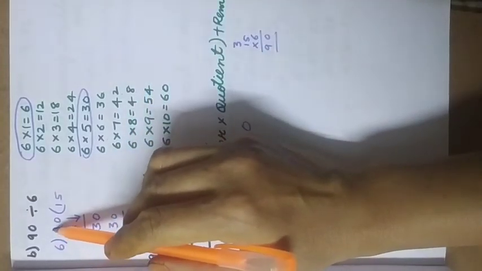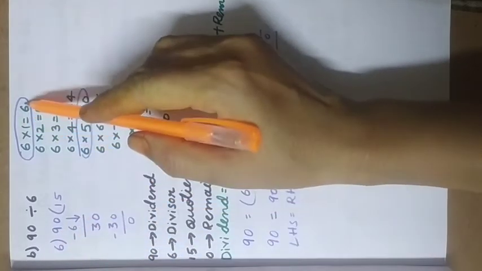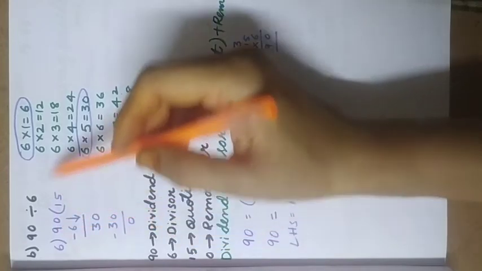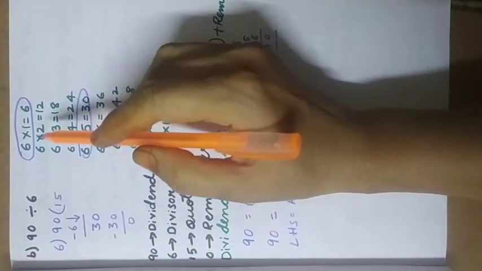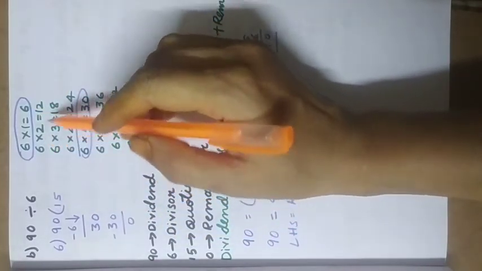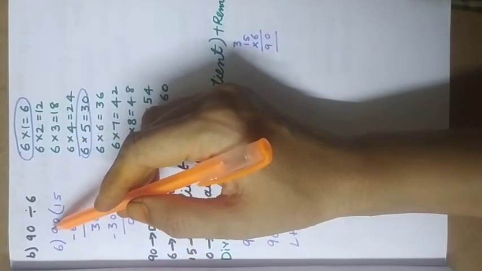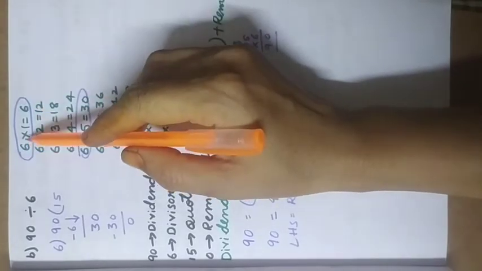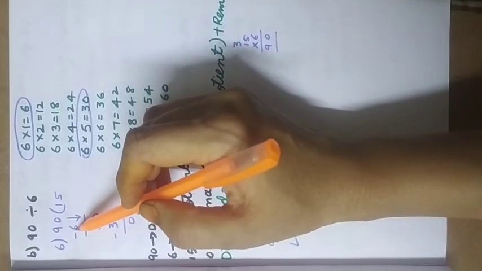Now in this, first we have to start from the tens place. 6 1s are 6. Is there any 9? First we need to see this. Here 9 is not there. So if I take 6 2s, 12 will come. We need to take 9 or less than 9, but we should not take more than 9. 6 2s are 12, which is bigger, so we need to take 6 1s are 6 only. From 9, if we subtract 6, we get 3.